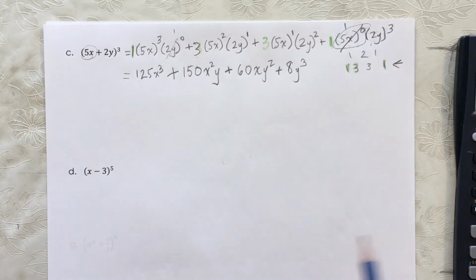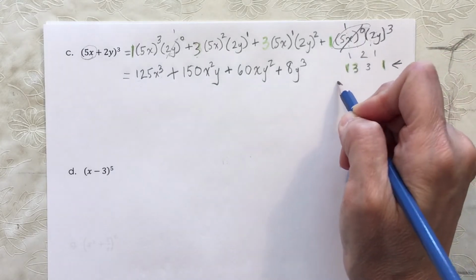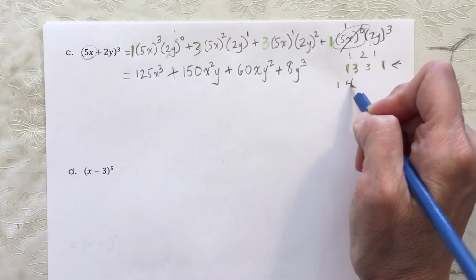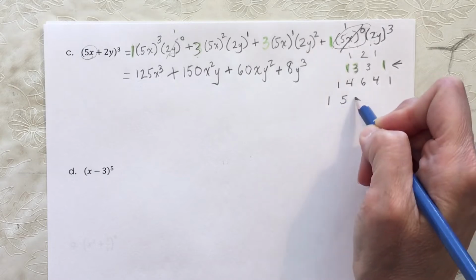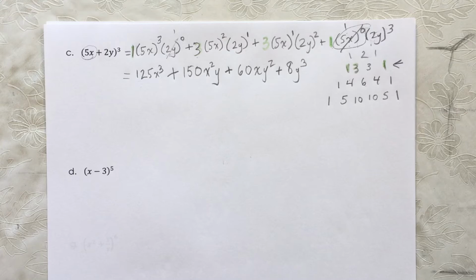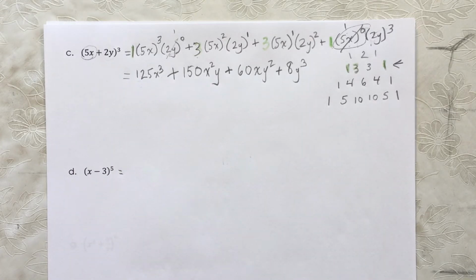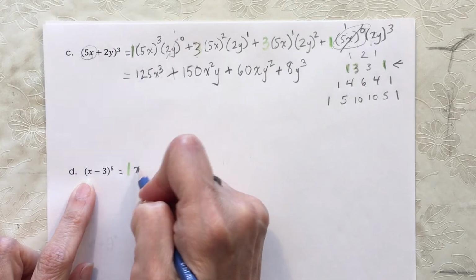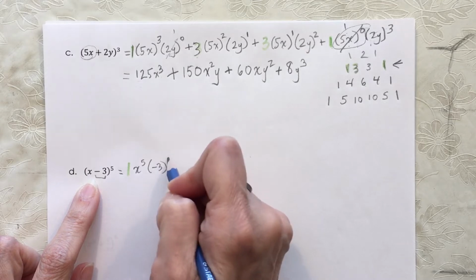So (x - 3) to the 5th. We want to go down to the 5th row, so I'm going to use, this was the 3rd row, 1 and 3 is 4, 3 and 3 is 6, 4, 1, and then 1, 5, 10, 10, 5, 1. So those are my Pascal numbers. So I'm going to start off with my 1, and then it's going to be x to the 5th, careful with the negative, (-3) to the 0,